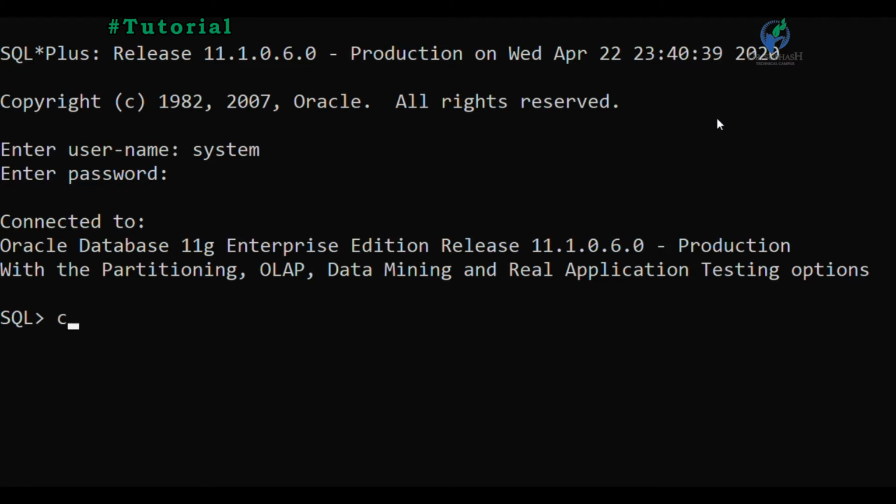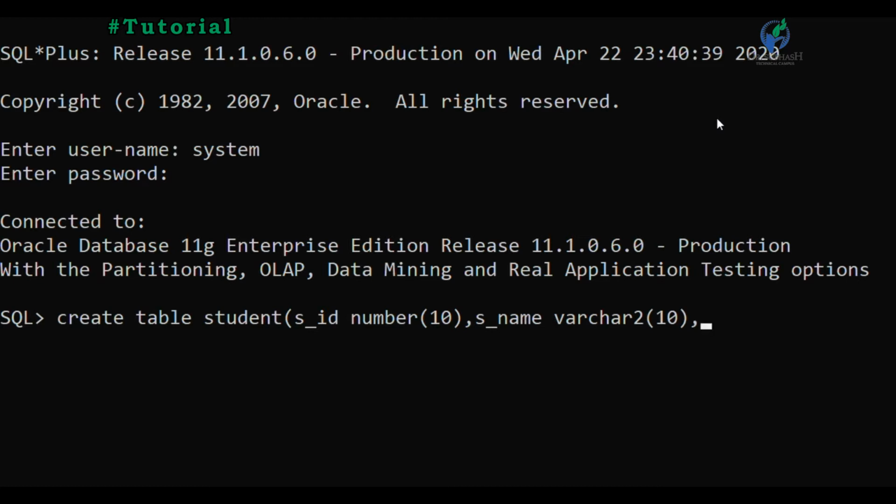The query of create table, the name is student, which has 5 different columns: student ID with its data type, student name with data type and size, then branch with data type and size.